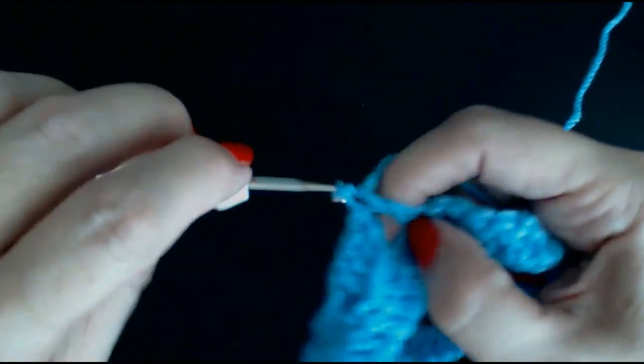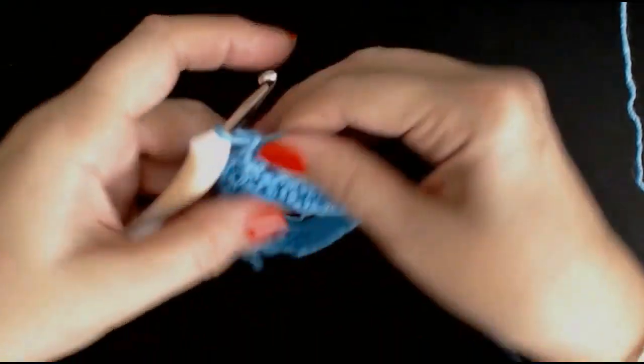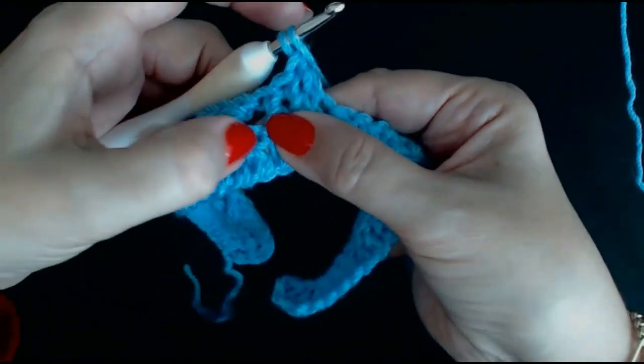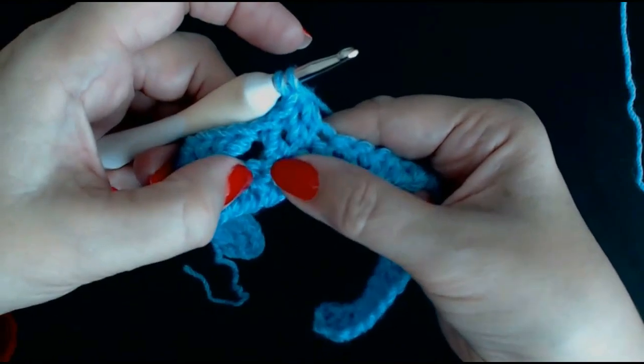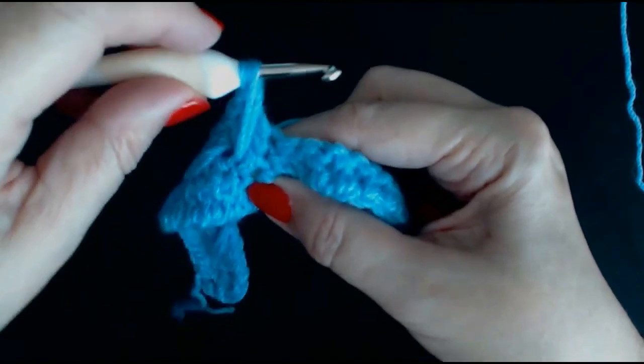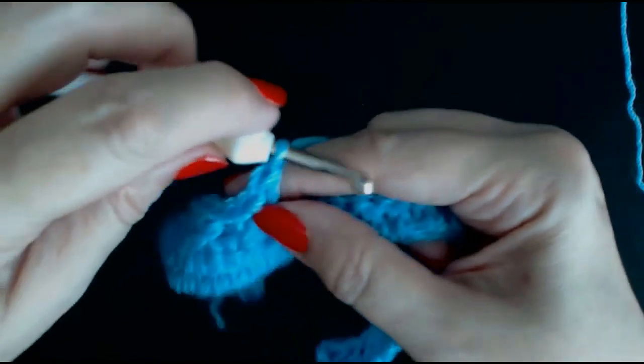We'll do 3 treble crochets, 1, 2 and 3. Get some yarn out my ball. You're going to put your yarn over and go back to that missed stitch right beside that one that you did there, right through, pull your yarn through, wriggle it up and come through 2 loops, yarn over and through 2 loops,